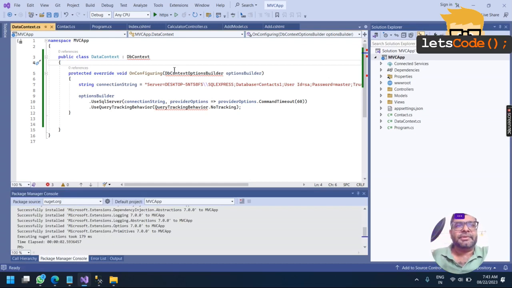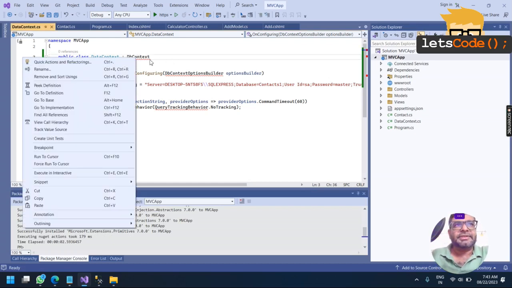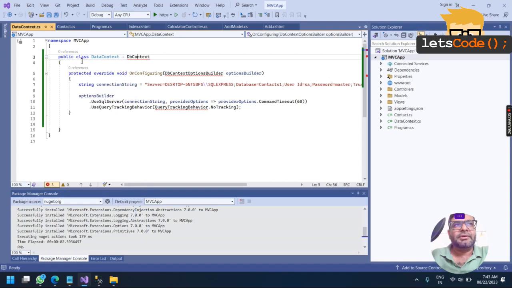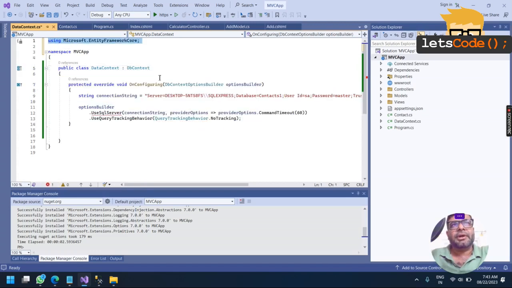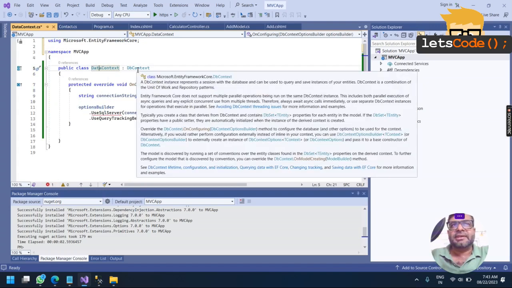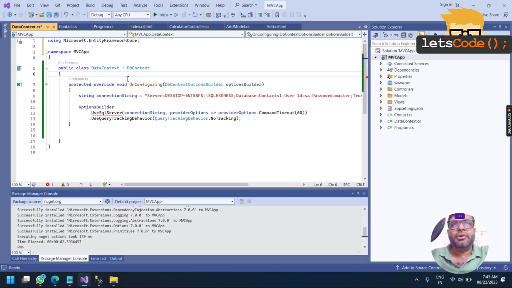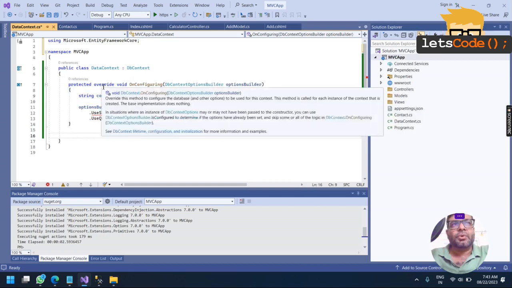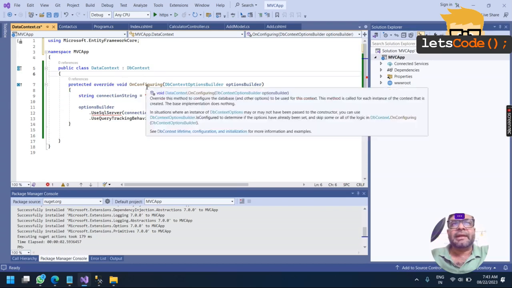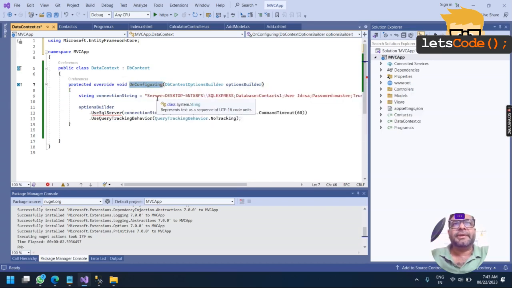So I'm done with that. Now the package is installed, but it says import it on the top. So we have imported. So our data context class is first of all inheriting from the DB context. Now there is one more method I have copied, that I am overriding. This method's name is OnConfiguring.